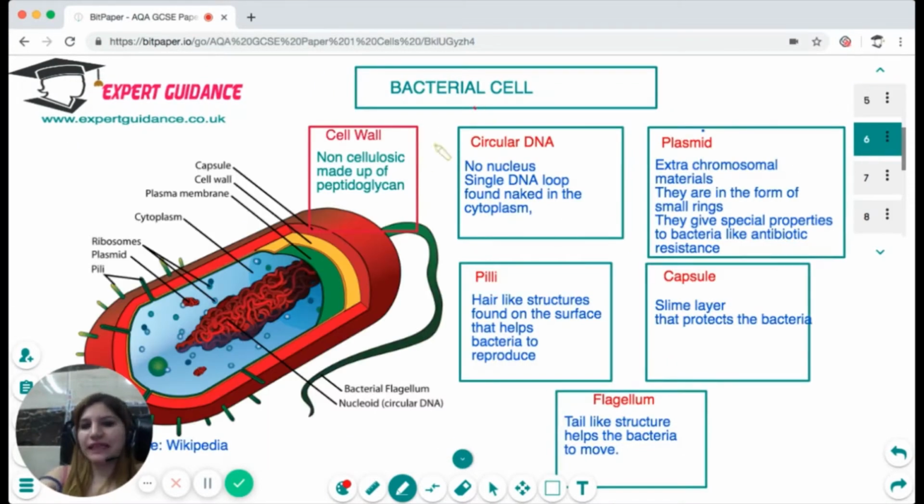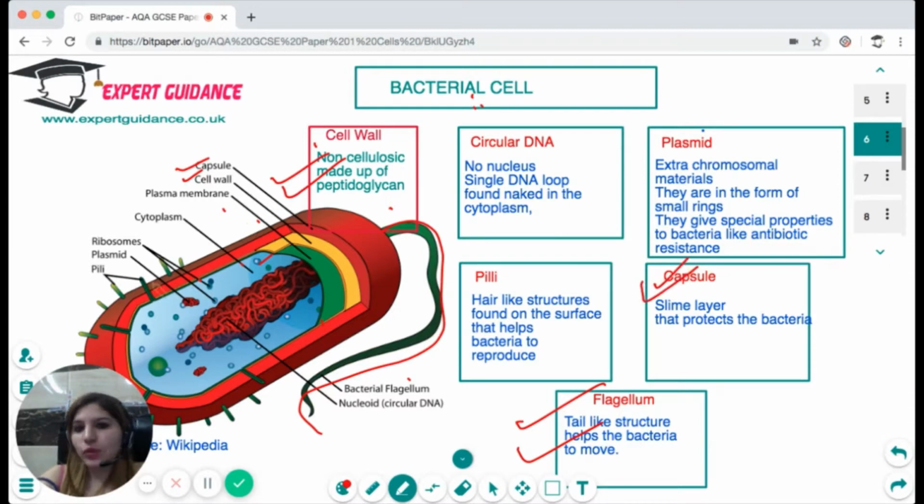Next is the bacterial cell. You should know a typical prokaryotic cell, which is a bacterial cell. Make sure you can label it. So you can see the tail-like structure, which is the flagellum, which helps the bacteria to move. Then it has a cell wall and the cell membrane. But the cell wall is not made up of cellulose. You have to remember here, it is made up of peptidoglycan. Then outside the cell wall, you see a slimy layer, which is a capsule, and this capsule protects the bacteria. And you also see some hair-like structures outside this cell wall. These appendages help the bacteria to